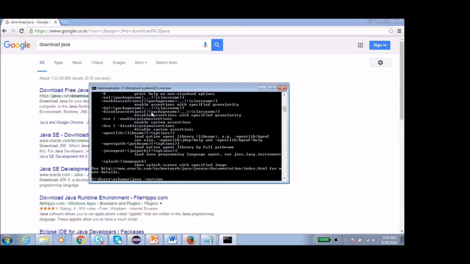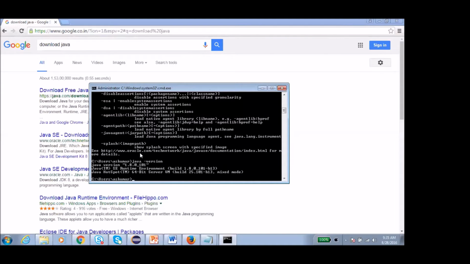Don't use any uppercase, otherwise it will throw an error. If you want to test in your computer whether Java is installed or not, just write java space hyphen version in the command prompt and press enter. And it will show 1.8.0 underscore 101. So Java 1.8 version is installed in my machine.